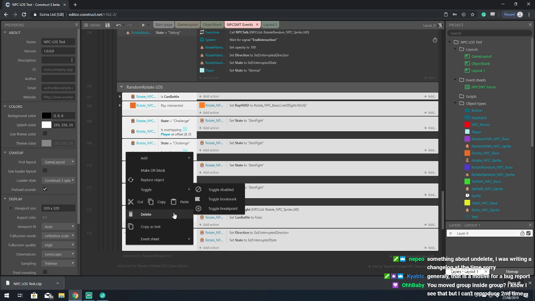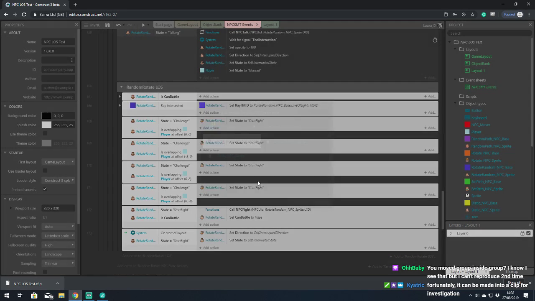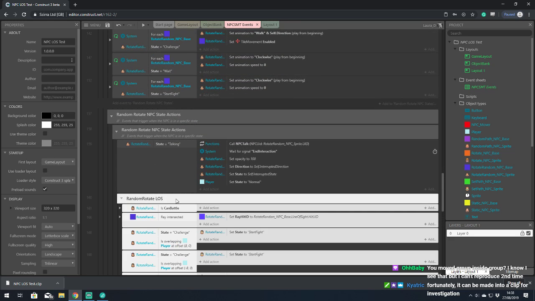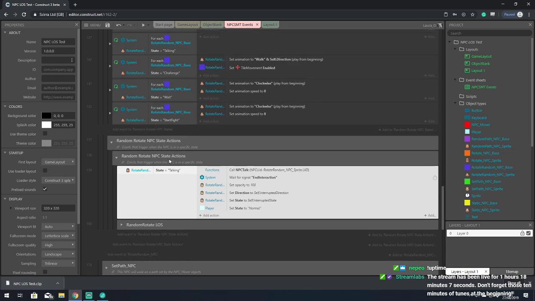What am I doing? I'm replacing some objects. Rotate NPC base needs to be the rotate random. Rotate NPC sprite needs to be rotate random. Lovely! That's fine. That is true, you can clip it. I don't know if I did. I tried to move that above this group, but the whole lot seemed to vanish, and I don't know...